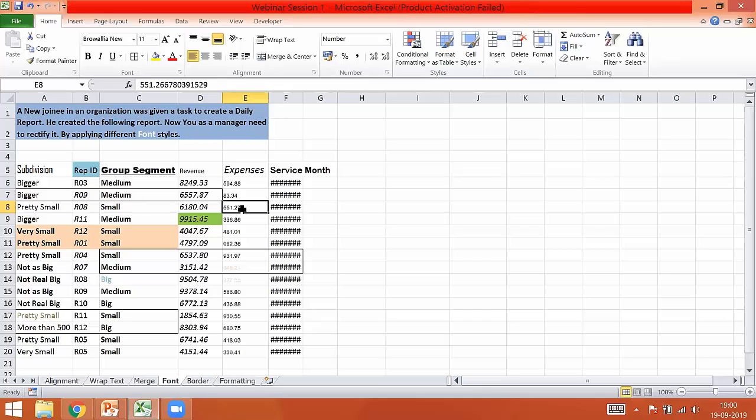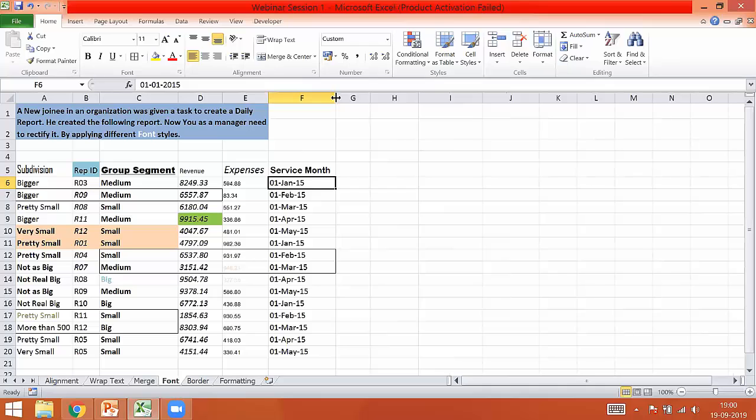The only thing is the numbers. It denotes that there are numbers in this cell, but they are not getting fitted into that particular column. So what you can do is, if you just extend the width, you can view the data. It happens only with numbers.